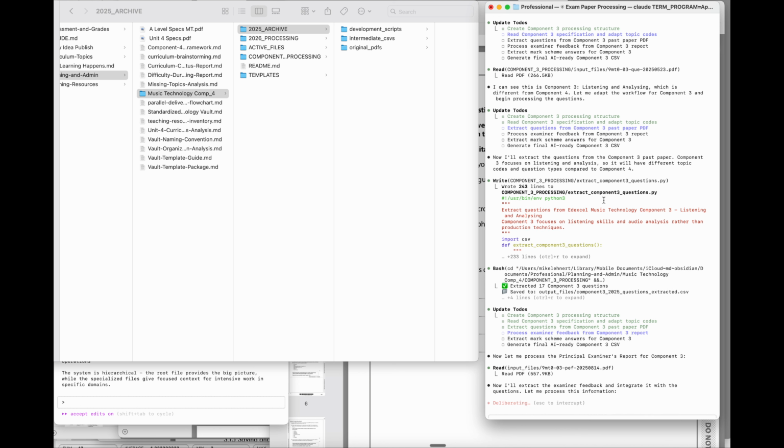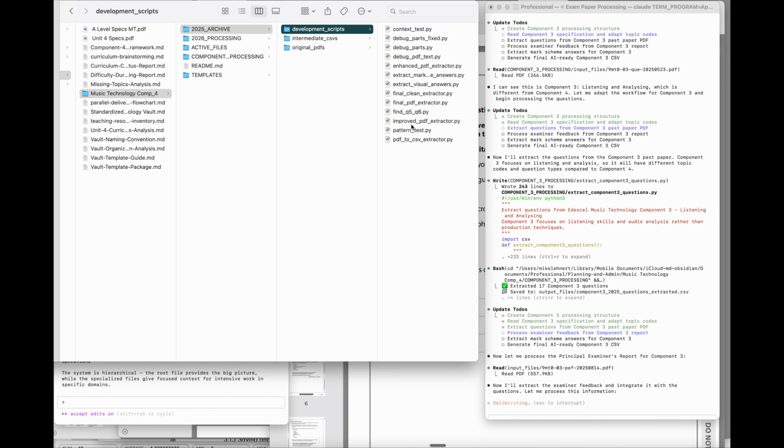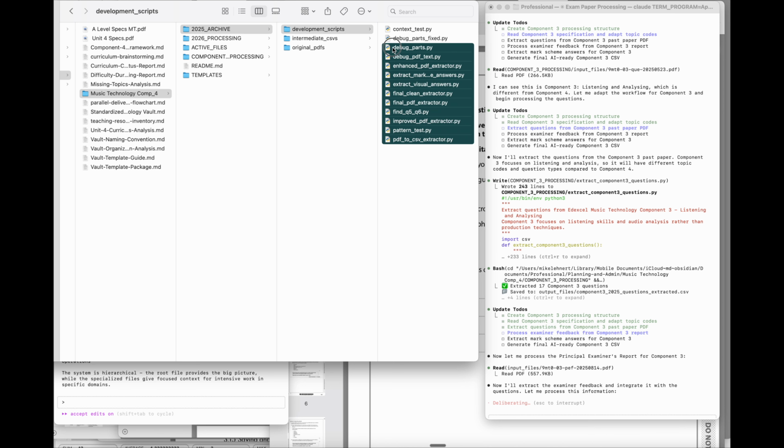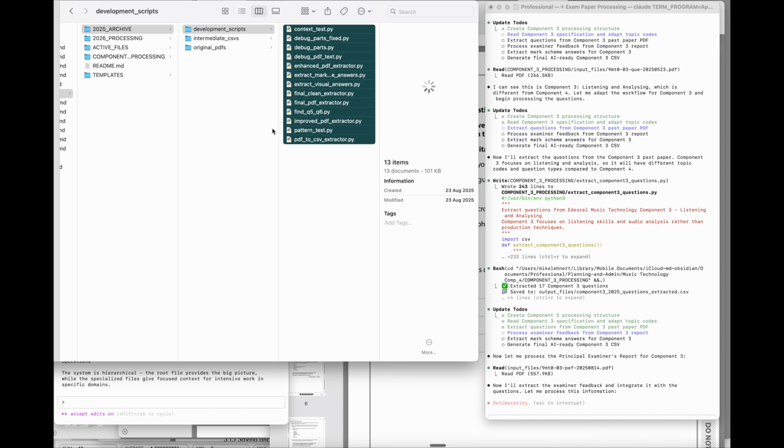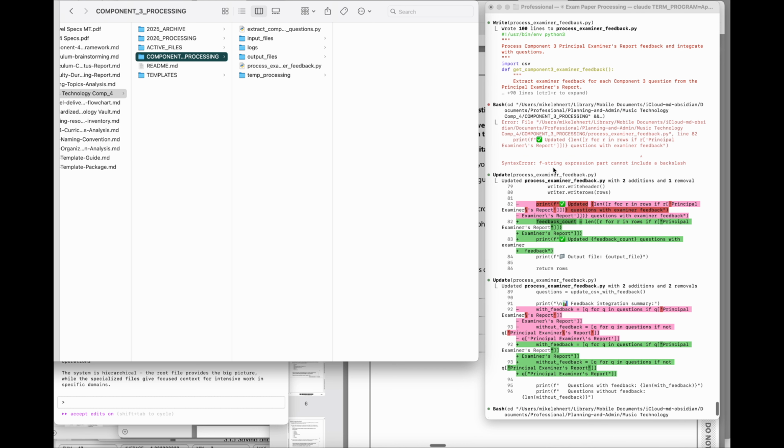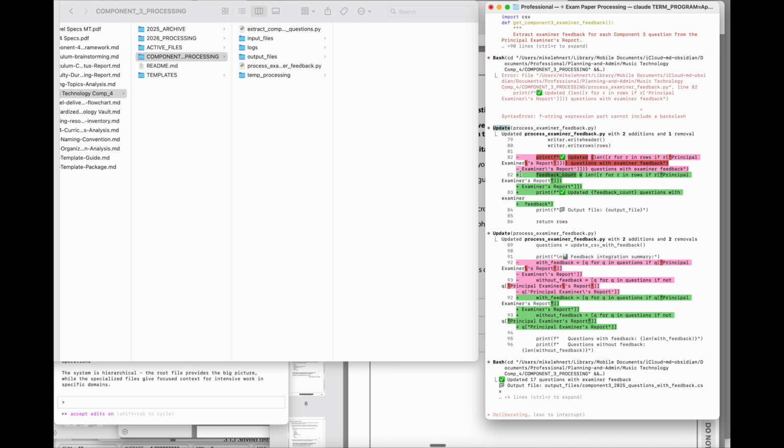And so I think what happened this morning, let me see if I can just go and show you. So basically, these development scripts, what it did is that it created all these Python scripts to basically create this analysis. So one thing I want to mention about how great Claude Code is, look what it's doing on this. It's updating the code. So yeah, this is one thing that I just find astonishing about Claude Code,